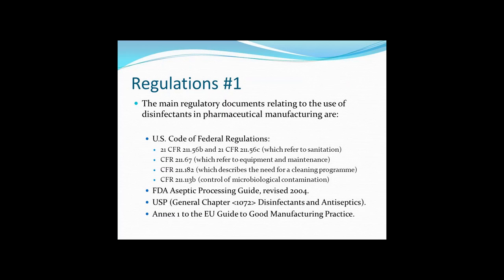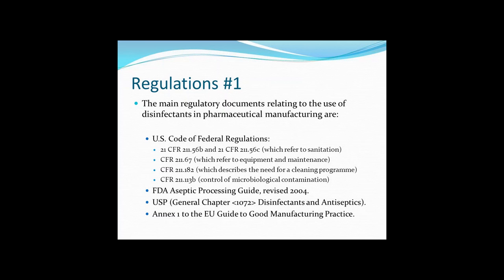There is also reference in the FDA Aseptic Processing Guide. Now, obviously this refers to sterile processing only, but there are aspects in there that can be applied to any pharmaceutical or healthcare operation. Then there is a USP chapter, Chapter 1072, which is a general chapter. So all chapters in the USP that are numbered above 1,000 are not mandatory chapters, but they are ones offering general advice. And this particular chapter covers